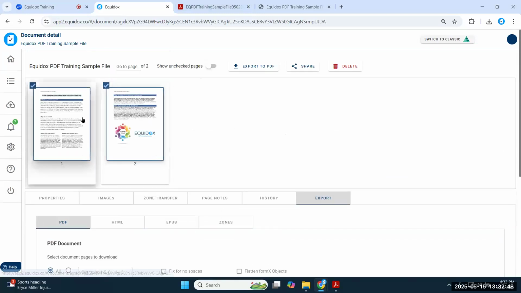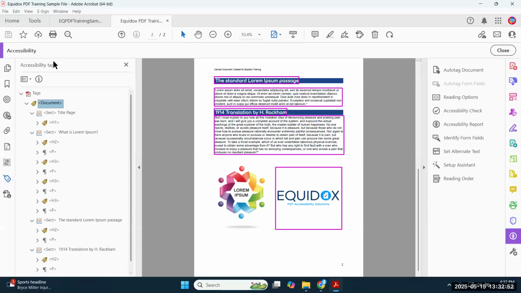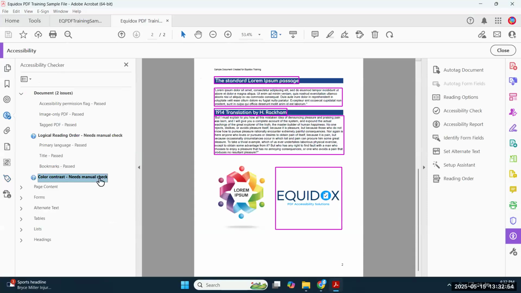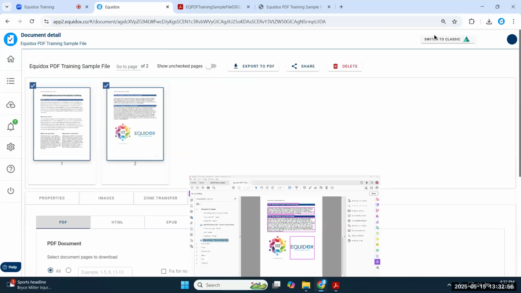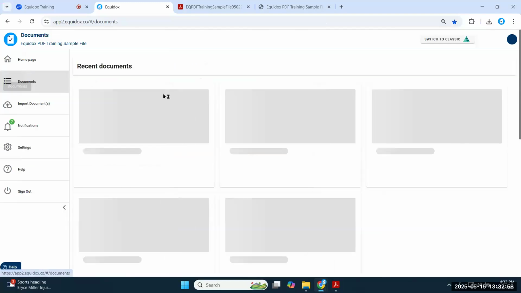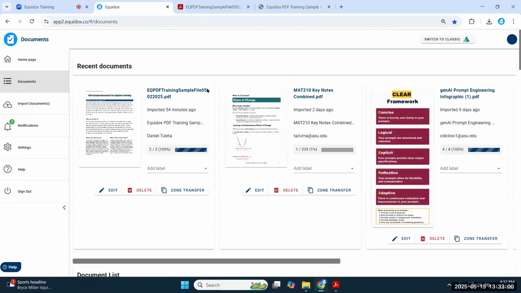So it's letting me know, hey, you've forgotten these things, go back and correct them. So I'm expecting to get those warnings when I'm intentionally making mistakes. But just so you know, the warnings that you get out of Equinox are essentially going to be mirror images of what you see in your accessibility report in Acrobat. So even if you don't have Acrobat on your machine, or you don't even know how to interpret the tags in Acrobat, don't worry, you can rely on Equinox to watch your back when you export the PDF.